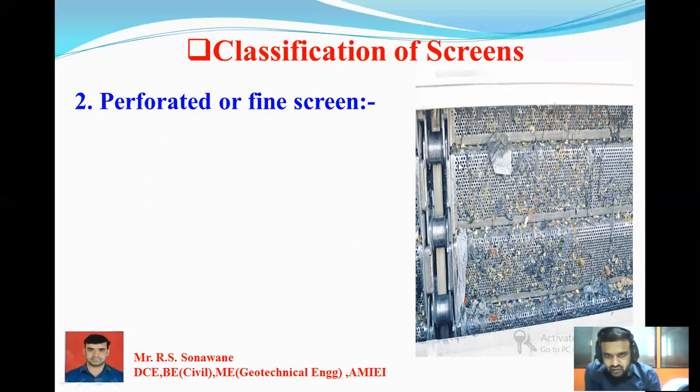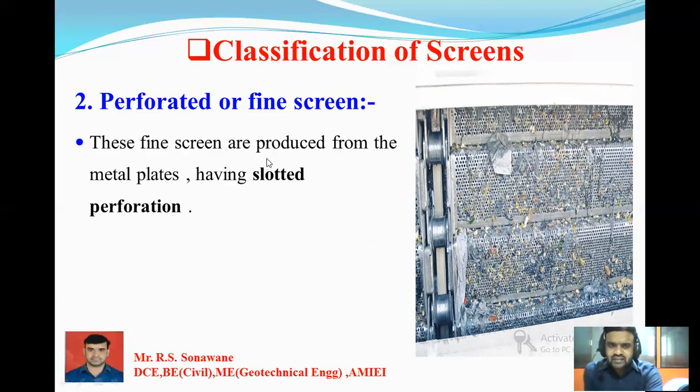These small fine holes are what perforated means, a fine screen. So instead of a steel bar, if you use this perforated fine screen, it can remove floating material as well as other material in a very fine manner. This fine screen is produced from metal plates. So I will explain.